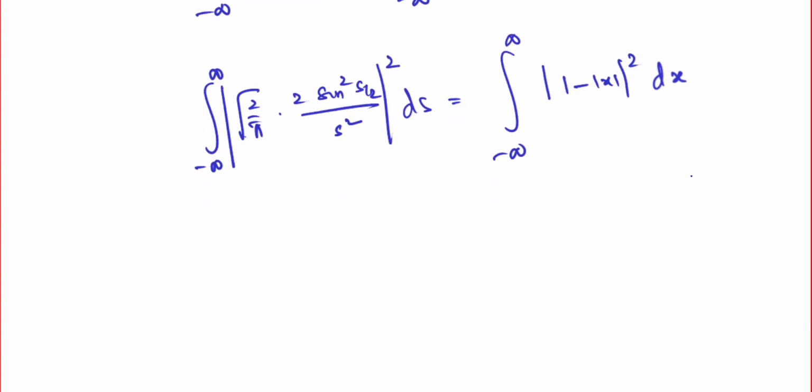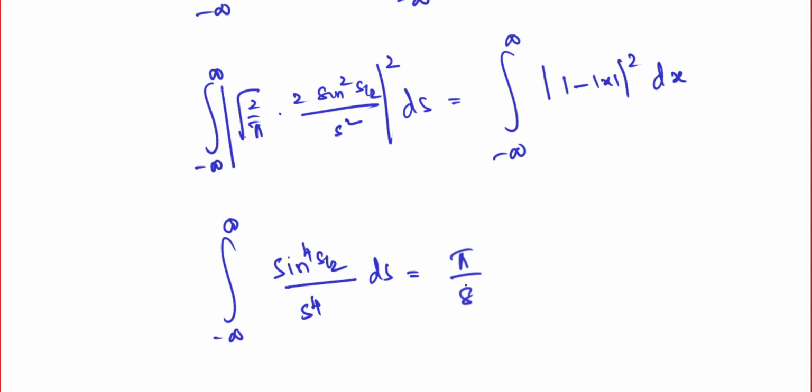Okay. Now what is this now? Everything I can just take the modulus of. All of them are square terms, so the modulus can be thrown off. That's easy. Then you can retain only the sine to the power 4 (s by 2) divided by s to the power 4 into ds. And the remaining constants I'll push to the right side. That is square root of 2 by pi squared, which gives 2 by pi, and here is 4, so this is pi by 4 into 2, which is 8. So pi by 8 times the integral